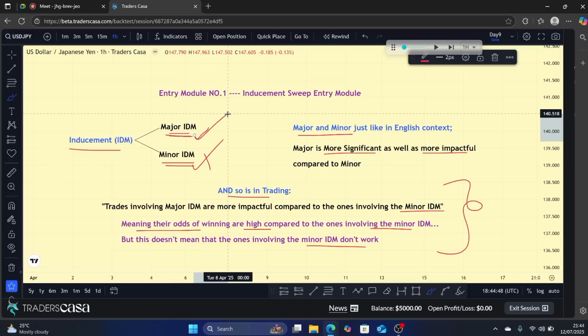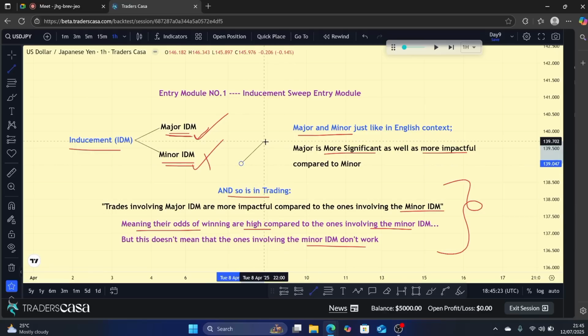So it's actually depending on you. If you are good with going with both of them, like sweep of major and minor, that's fine. If you're not good with that, and maybe you just want a good win rate, of course we know that a good win rate will always keep you psychologically intact. So I would advise you to just stick with the major inducement sweep and restrict yourself from the ones that involve the minor inducement sweep. So with that said, let me dive into the real chart